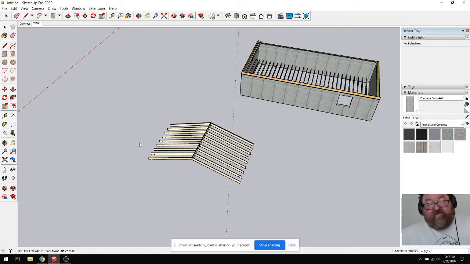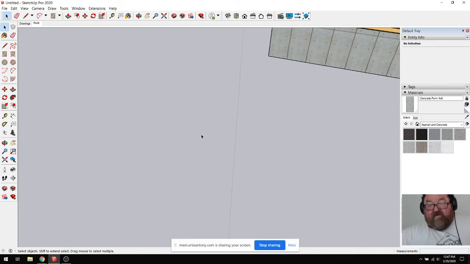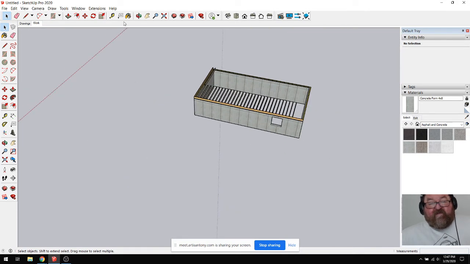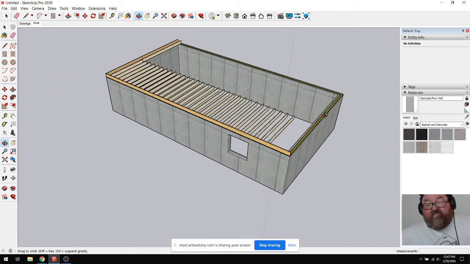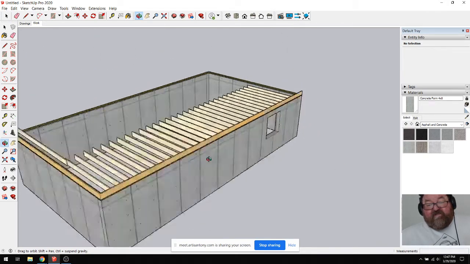I probably just need to restart my computer. Restart SketchUp. So yeah, I get it. I corrupted it somehow myself, and I'm sure that's what it was. But anyway,